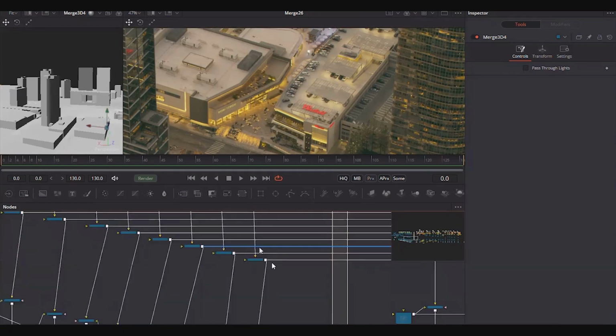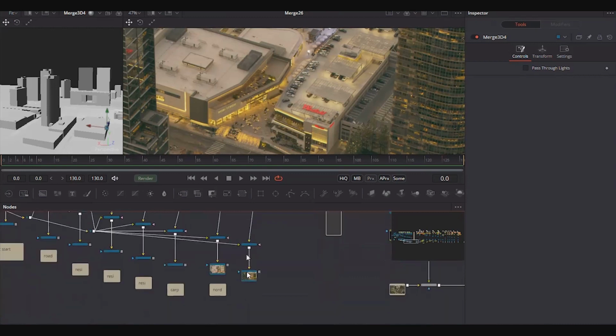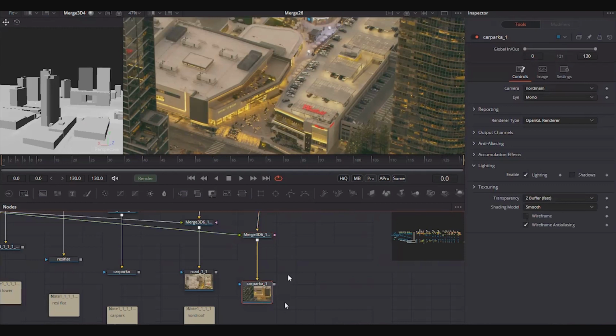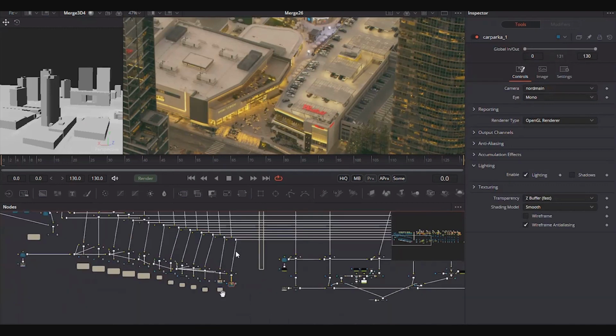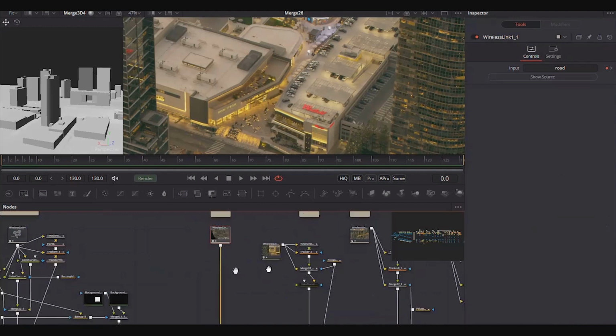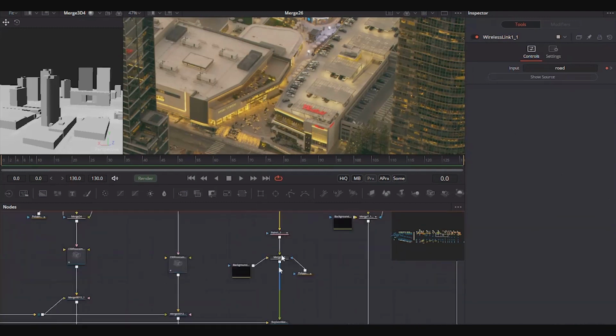And then once this is all copy and pasted, every other node is identical. You do not need to change it. You need to merge in the camera that we're going to render from, and then you have the output here. Over here, it's just as simple. This is a very, very simple one, this road. There was hardly anything done to it. You link the wireless link,